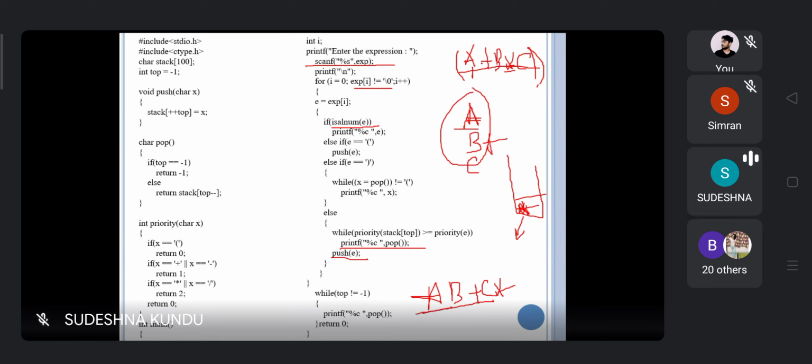Plus is pushed into the stack. Now whenever we get B, we print it. Whenever we get the star, having higher priority than the plus, plus will be popped and the star will be inserted into the stack. Whenever we get C, it is directly printed, and when we get the right parenthesis, we pop the star.